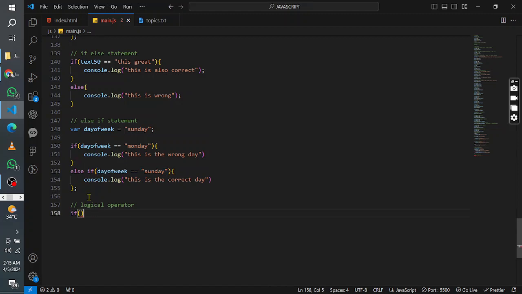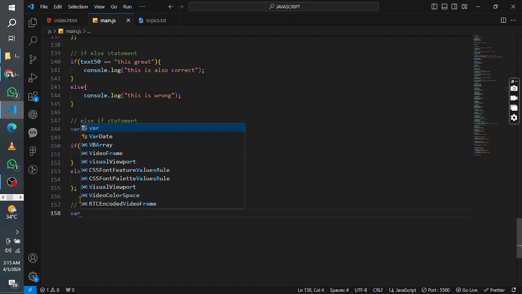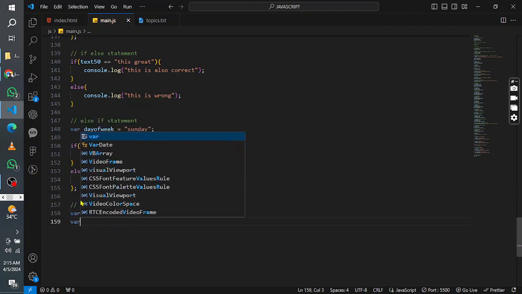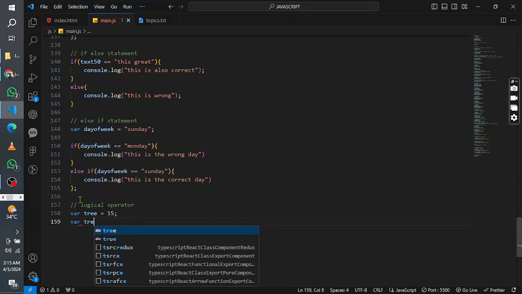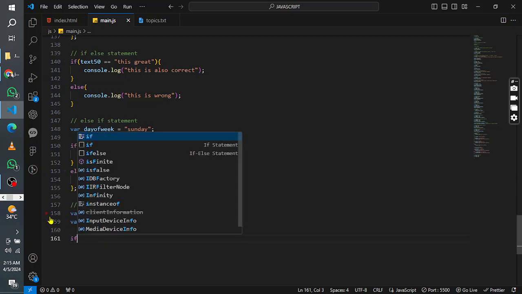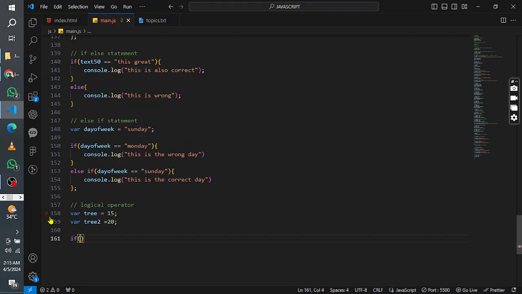Let me put in a variable: var tree equals 15, and var tree2 equals 20. Then we can say if tree is equal to 15,